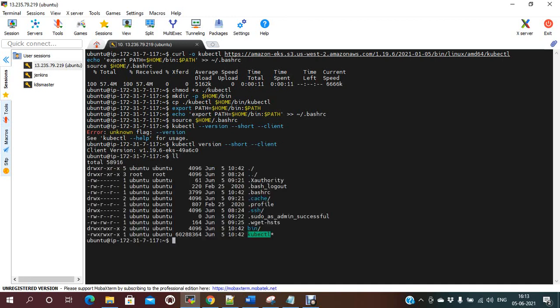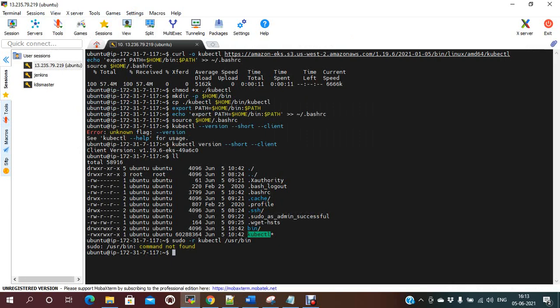You just need to move this kubectl into usr bin, so it can be accessed by Jenkins. Okay, sudo cp kubectl to slash usr slash bin. The usr bin command is not found.